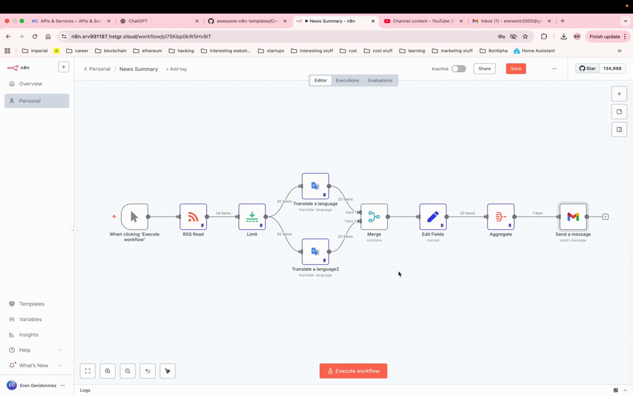Hello everyone, in this video I'm going to show you how to create a news summary automation using n8n. We also have a translation feature in case you want to access news from different sources in different languages. So we start off with this when clicking execute workflow node,